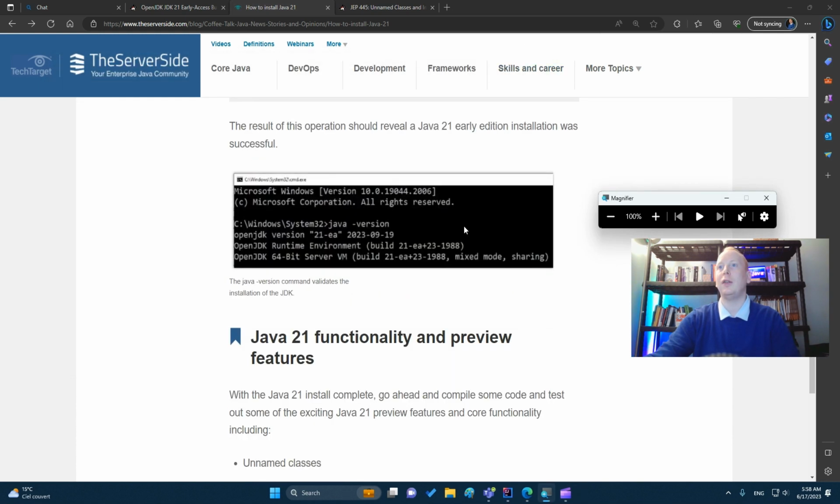Once you install it, one tip: if you have a problem, if you don't see this in your command prompt when you do java -version, maybe you should uninstall the previous version of the JDK. I had to uninstall the JDK 19 to be able to use the JDK 21. Okay, so now we will